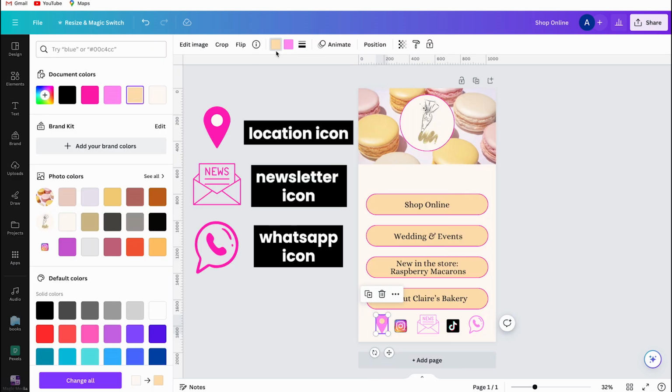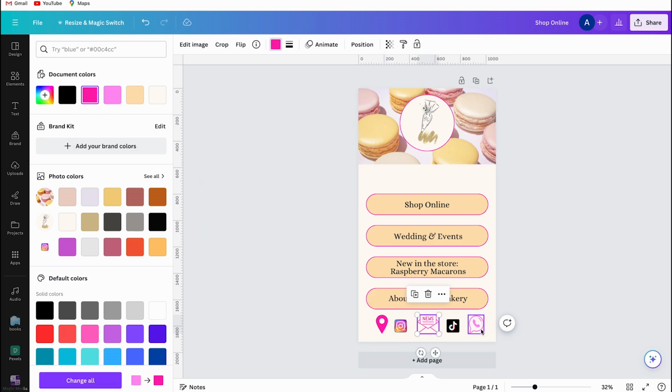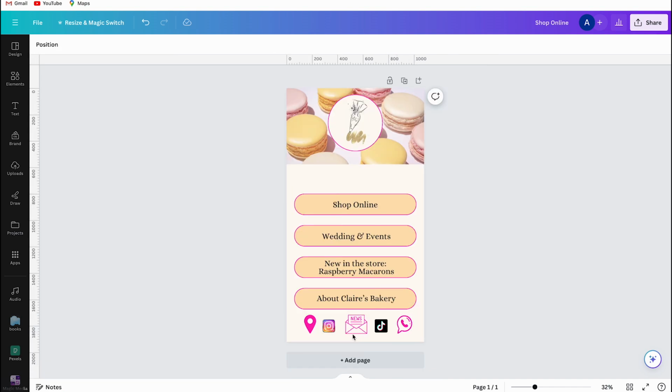You can easily change the color of these icons. I also use the bright pink color because it matches the design. And I make the icons stand out. As you can see, they really catch your eye. The tip I want to share with you is to try to align all the icons as precisely as possible. It just makes your design look better.